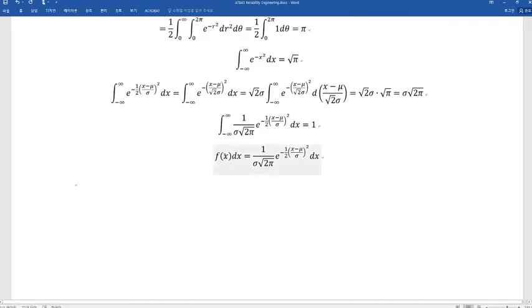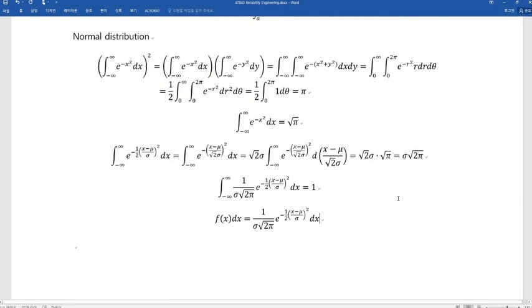So if we delete dx and change t instead of x, then the form of the equation will be exactly the same. So this is how the normal distribution can be derived. In this case, mu is going to be the mean value of the distribution, and sigma is the standard